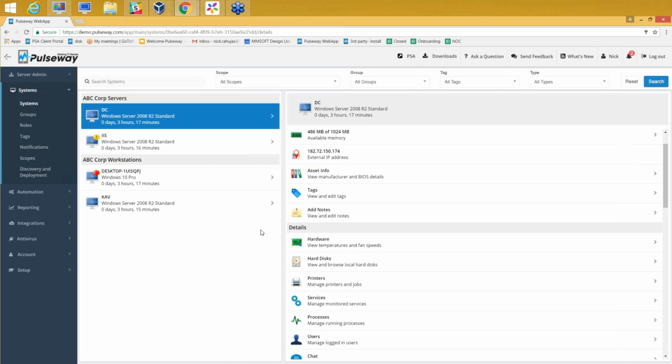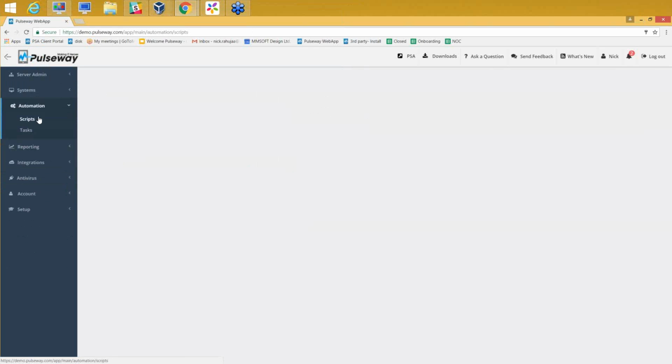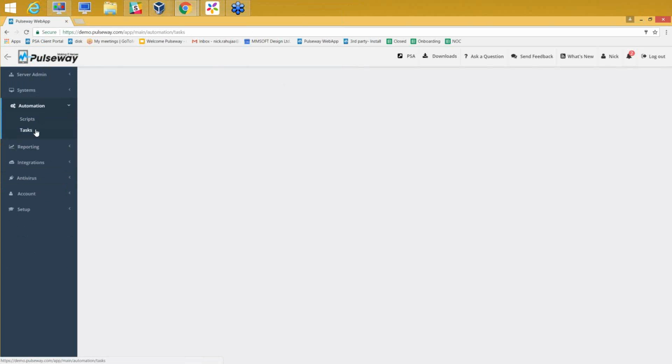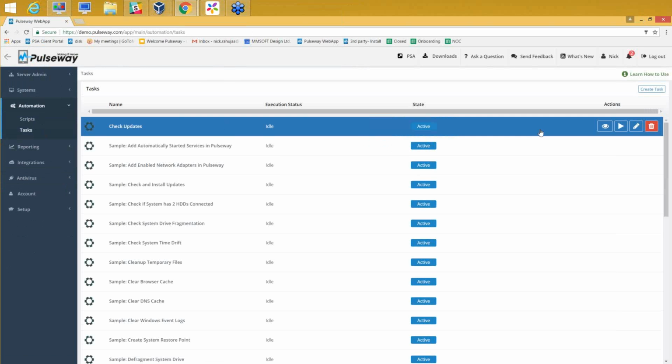Traditionally, we've been writing scripts on every computer, copying, pasting them, putting them in the scheduler, waiting for them to run, and then setting up email notifications individually on those. But now with Pulseway, this is the advantage that you get. To show you, I have a quick task that I've set up. If I click on check on updates,